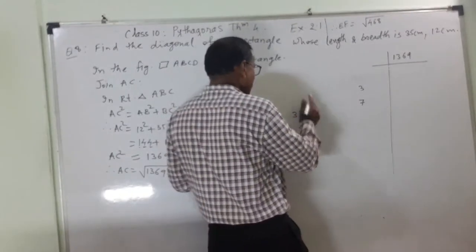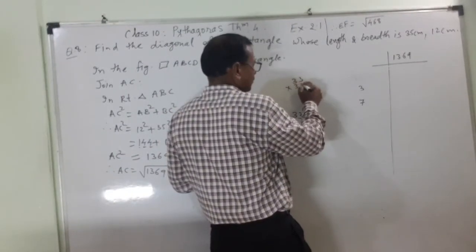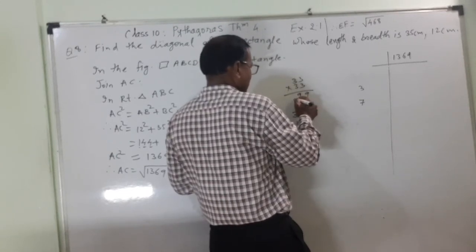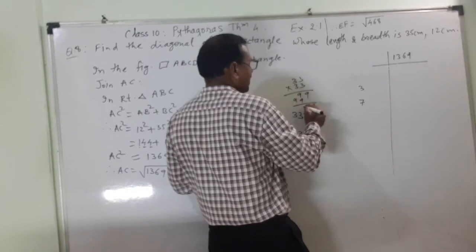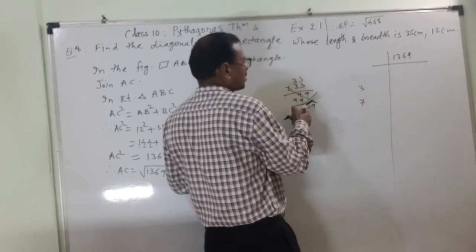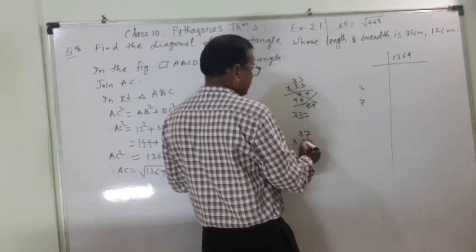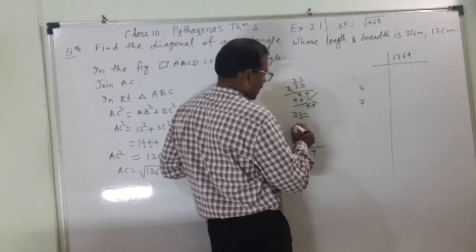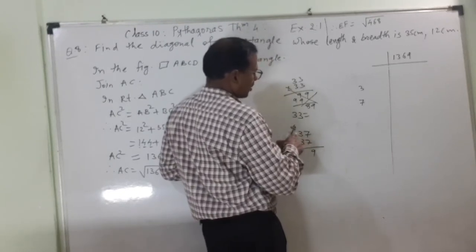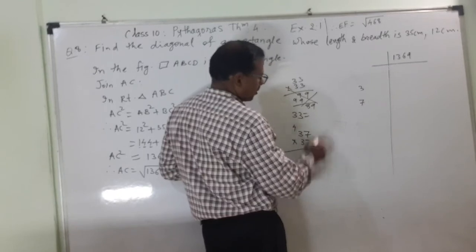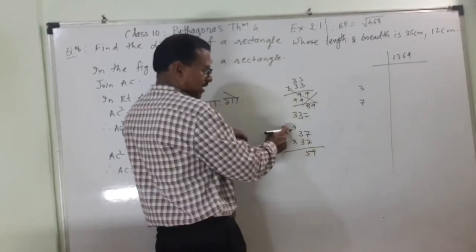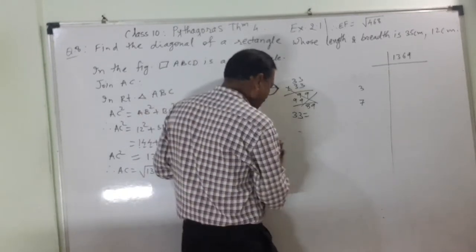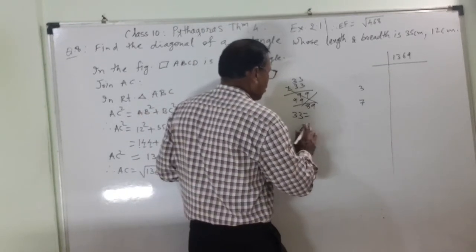I will check the multiplication. 33 into 33. 3 3 are 9. 99, 9, 9, 9, 8. So no question of this, because here it is coming 8. So 37 into 37 I will do. 7 7 are 49, carry 4. 7 3 are 21 plus 4 is 25. No, 7 7 are 49, carry 4. 7 3 are 21 plus 4. No. So that means I have to go ahead and take 47 or 43.